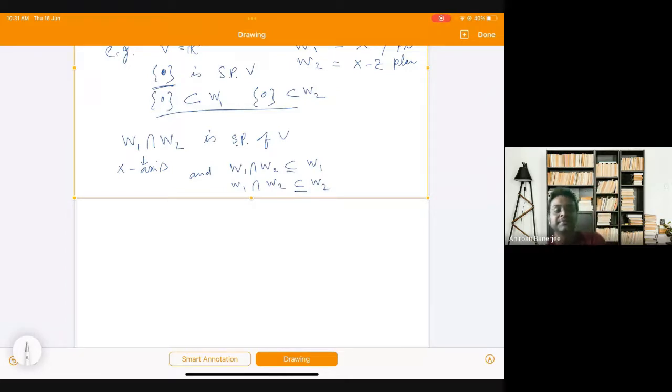Since we purposely avoided the infinite stuff, but if you are interested, you may think at home about what will happen if you have countably infinitely many subspaces and you take their intersection: will that be a subspace or not? But if you take a finite number of subspaces and take their intersection, of course that will be